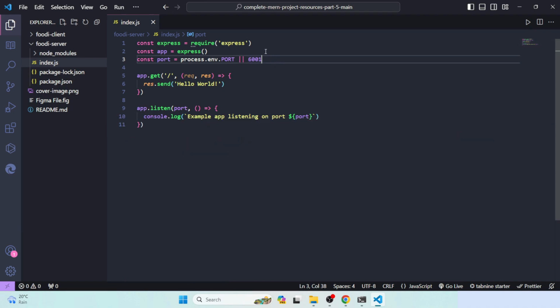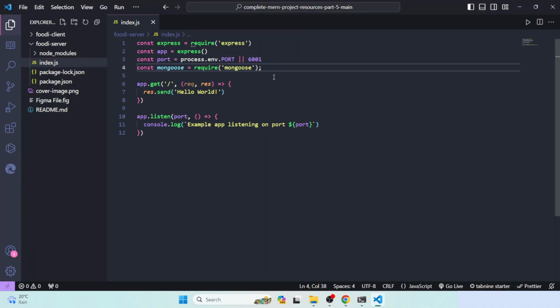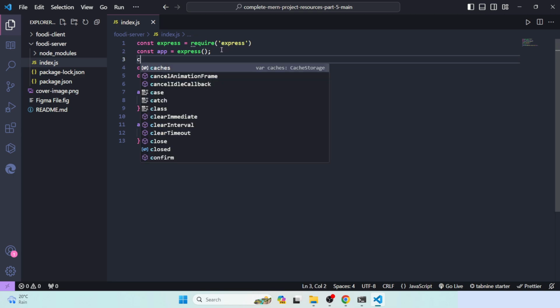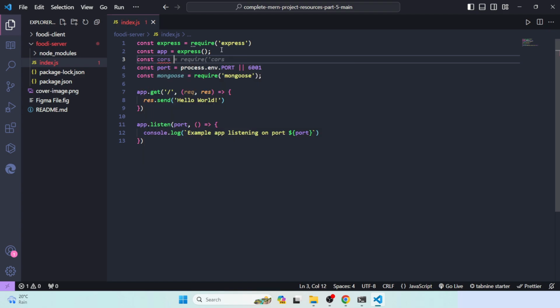Okay, now you can just copy this first line. We're requiring, that means we're importing Mongoose from mongoose. You can see require means import, and this is Mongoose. We require Mongoose from here. So let me just initialize one thing. We will just import cors from require cors,